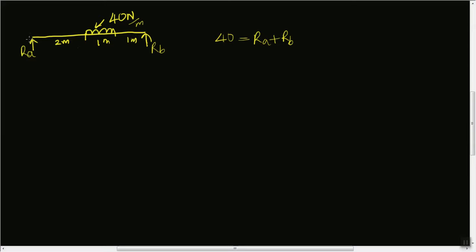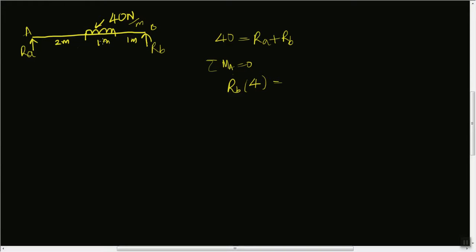Now let us try to take moments about this point. Actually, we can take moments about any point to have another equation, that is to have moment equilibrium. Let us consider this point A, and let us say this is point B, and the sum of the moments about the point A must be 0. That is, at point A, this RB is causing a counterclockwise moment. So RB into the distance, total distance is 4 meters in this case, must be equal to